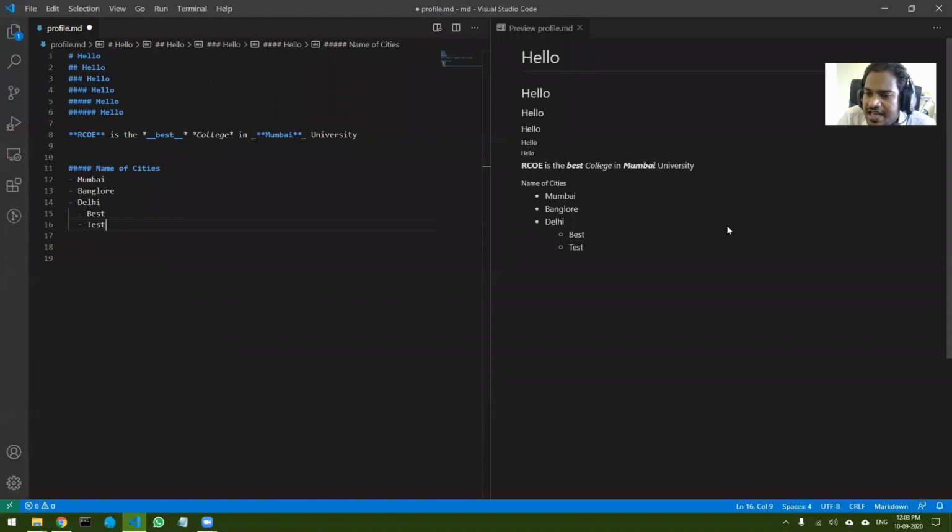Is Markdown extensible? Shaista, what do you mean by that? Do you mean that can the features be extended? Yes, yes. In fact, that is what I'm going to show towards the end, how extensible this